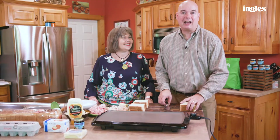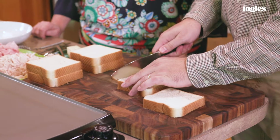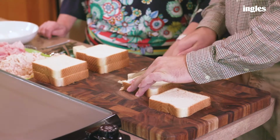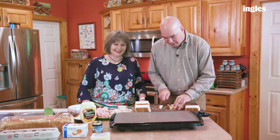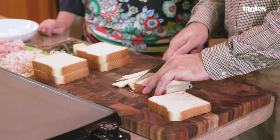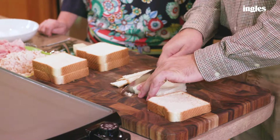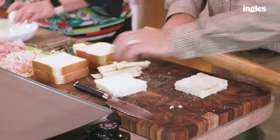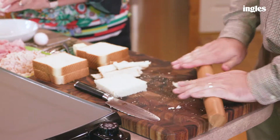We're gonna make this a triple-decker sandwich. A triple-decker? Triple-decker. We're using 3 pieces of Ingles Texas toast. The middle layer of bread, we're actually gonna roll out with a rolling pin. I'm gonna cut the crust off. This gives the sandwich something to hold onto when you build it so it doesn't fall apart when you take a bite of it. So what we're gonna do, I'm gonna roll these out just as flat as I can